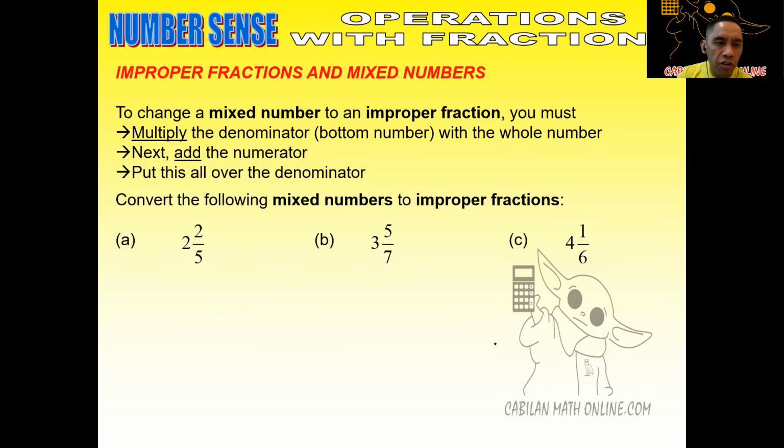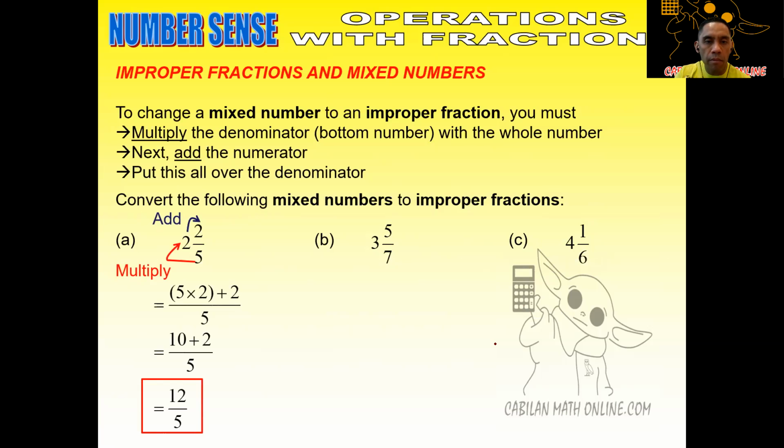What we have here is 2 2/5. So we're going to take the denominator of 5 and multiply it by the 2, and then whatever that is, we're going to add that to the 2. I've just broken this down step by step to show you what order to do it in. So 5 times 2 gives me 10, and then when we add 2 to it, it gives us 12